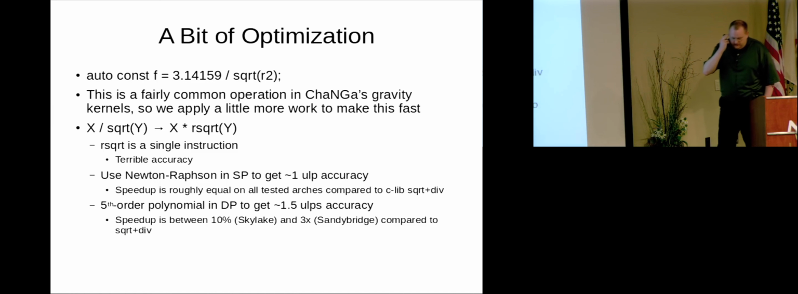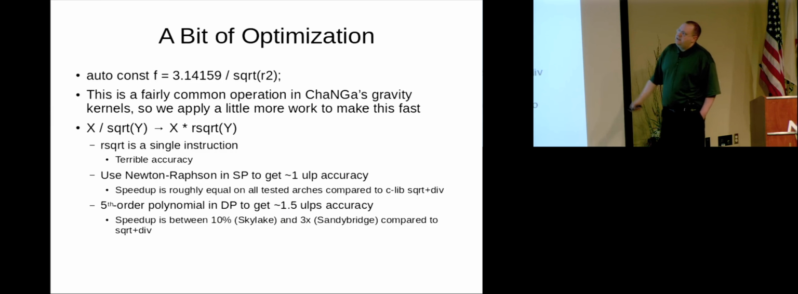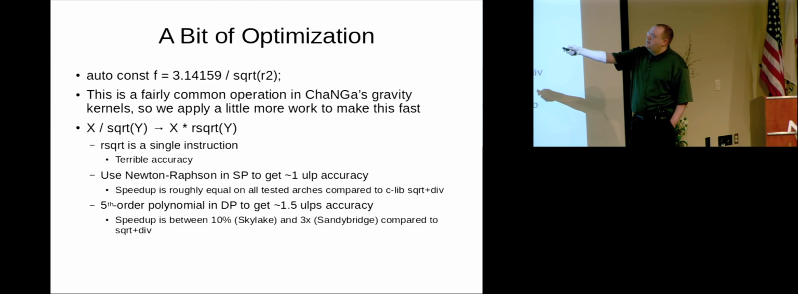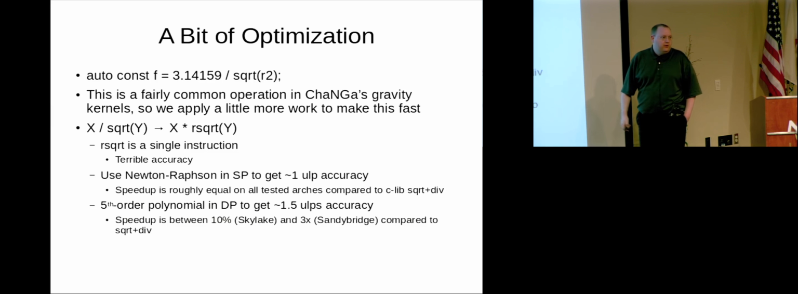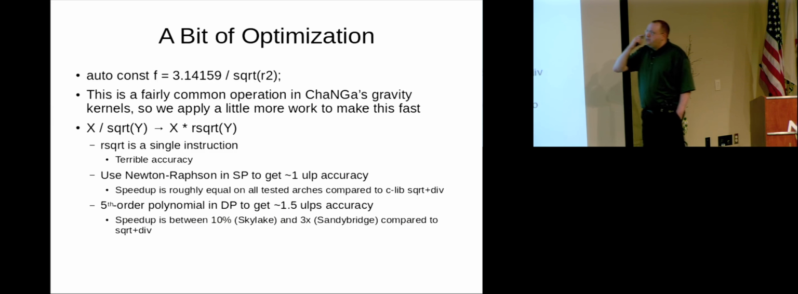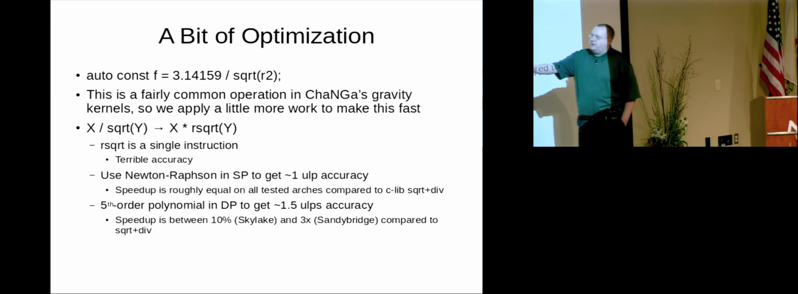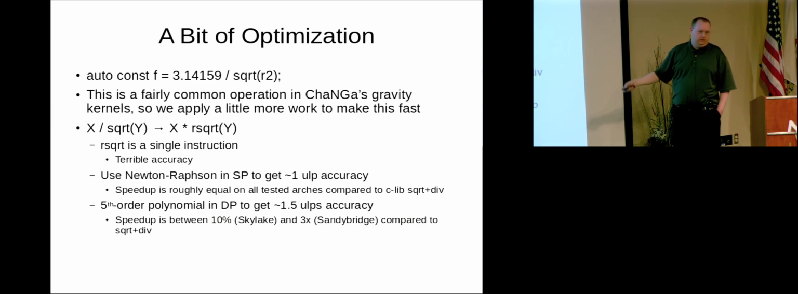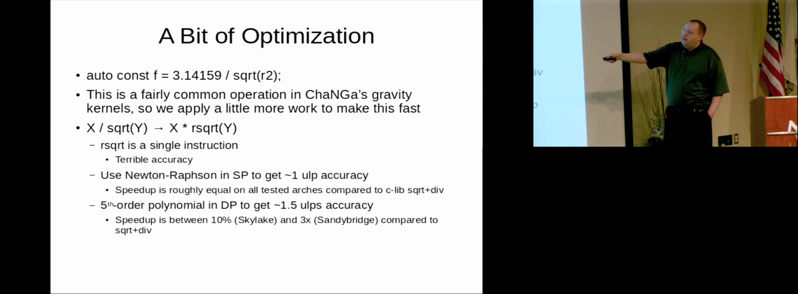However, there is a bit of an optimization we can do here. It turns out in ChaNGa, this sort of thing where we have a literal divided by the square root of some quantity is a fairly common operation. And there are several architectures where you can take x divided by the square root of y and turn it into x times the reciprocal square root of y. The caveat here,